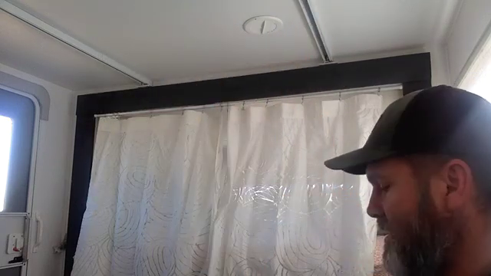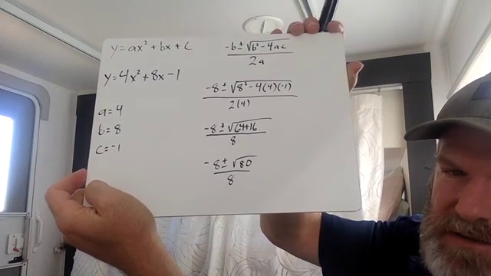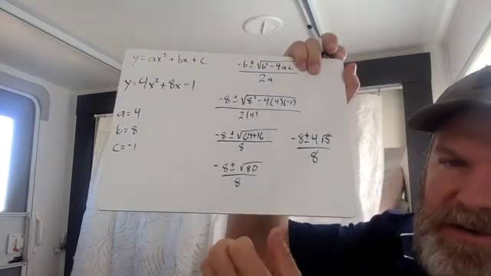So with that being said, let's go back to our problem here, and we'll break down the square root of 80 into 4 square root 5. So now we have negative 8 plus or minus 4 square root 5 all over 8. Now, like I was saying yesterday,